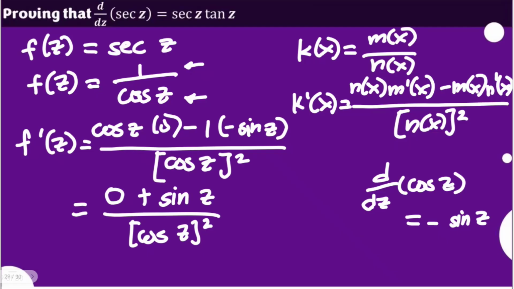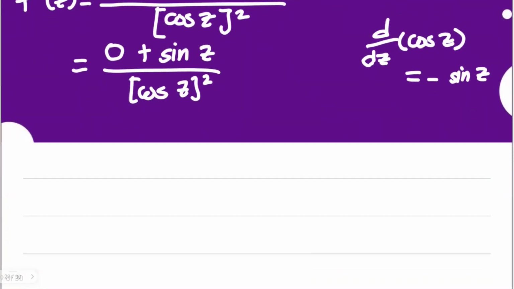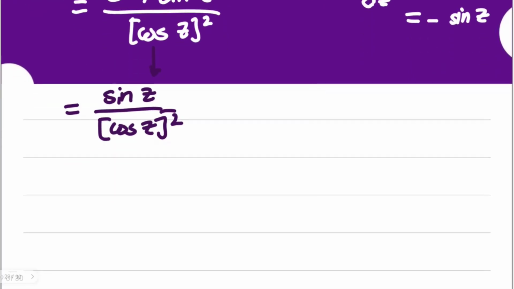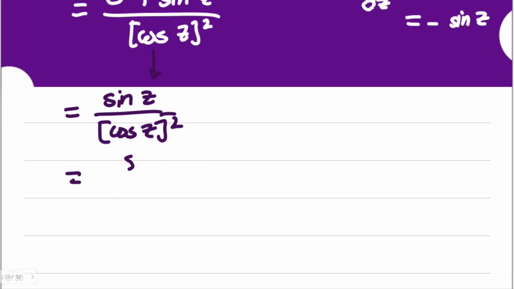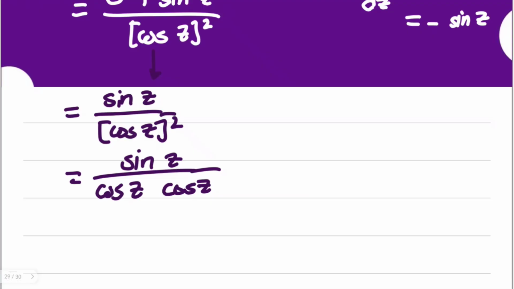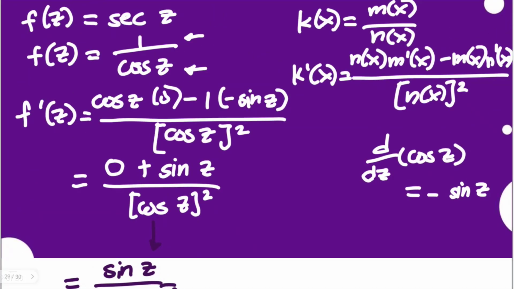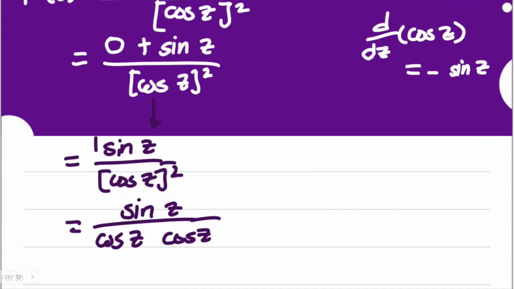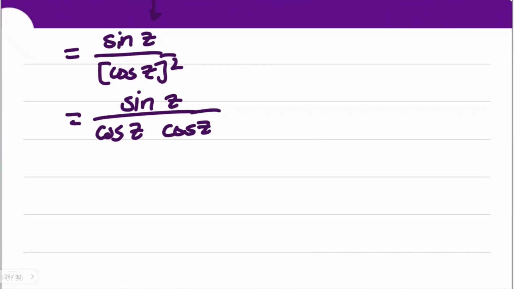Allow me to express that in this manner. Not squaring that in the meantime, because as I move down here, I can write this as sine z over the square of cosine z. Since there are two cosine z's in the denominator, I can rewrite it in this manner, sine z over cosine z times cosine z, right? Now, take that our numerator is a product of 1 earlier in sine z, or there is a numerical coefficient of 1 here. So I can break it into two different rational expressions,